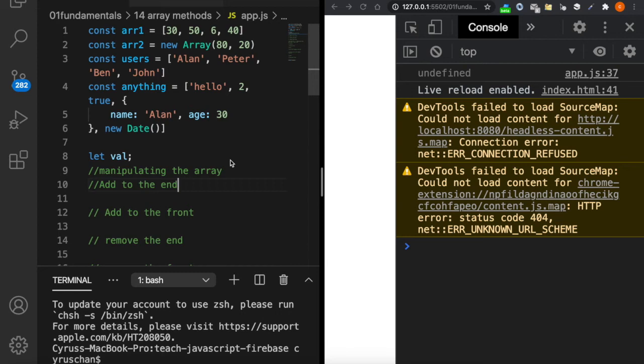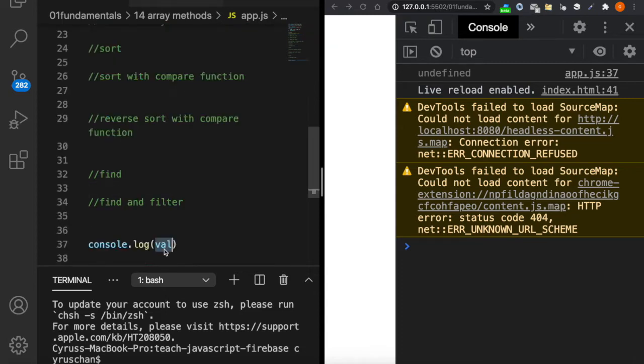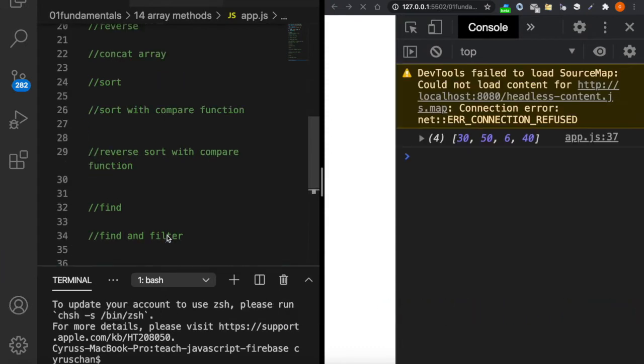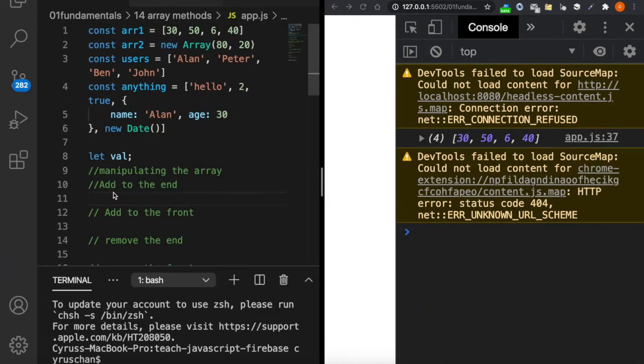In this part, we are going to talk about the array functions. As you can see, we already have a few different types of arrays here. Now we are going to manipulate the array. First, we change this to array1. And here, now we can go to